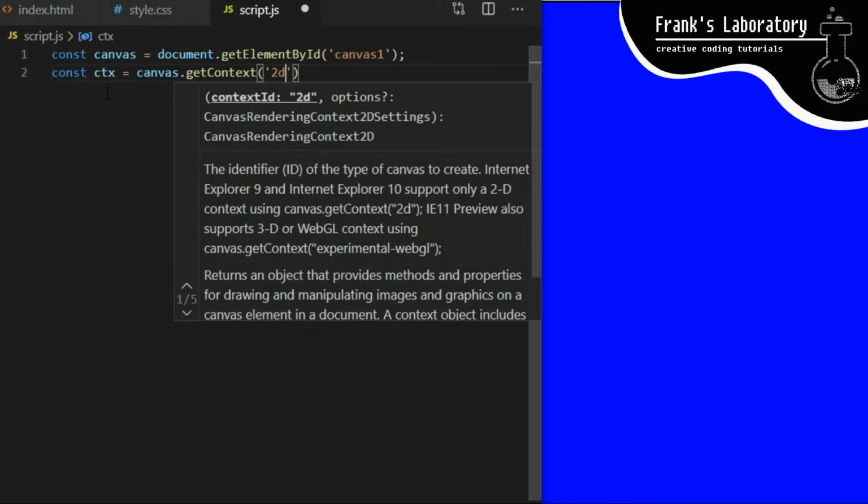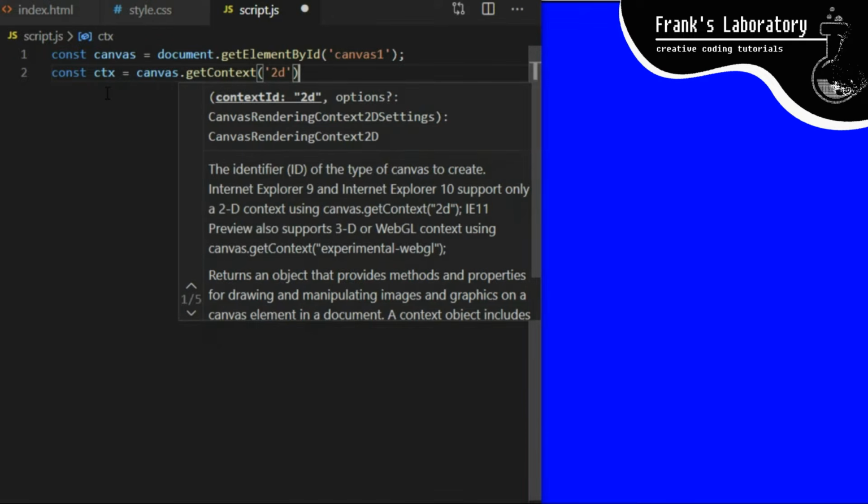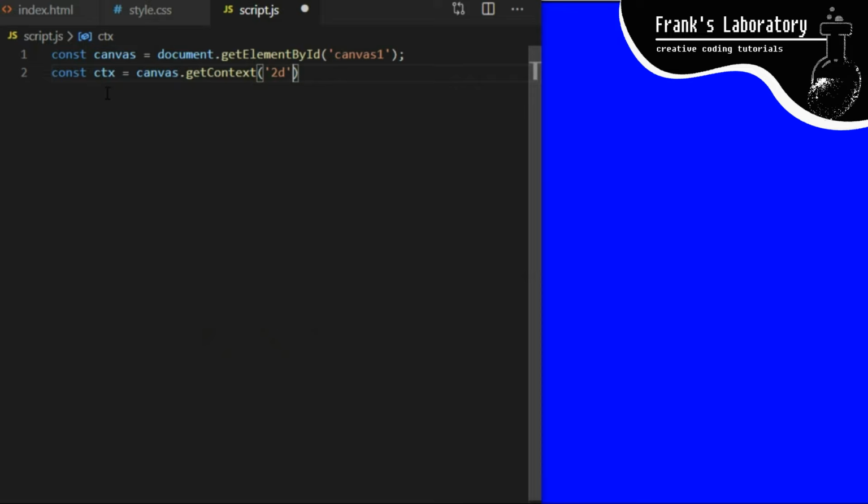If I wanted to do 3D, I would pass it webgl here instead. There is also an optional second argument where we can adjust settings like anti-aliasing, alpha, depth, and power preference to set how much power we want to draw from our graphics card. This is especially for WebGL. I will cover that in some other tutorial. Let's just keep this video as simple as possible and cover the basics of 2D.